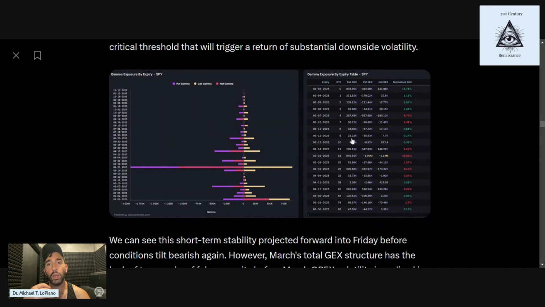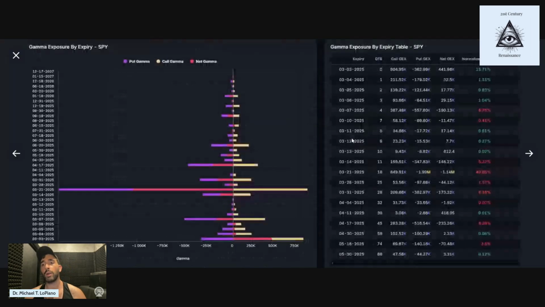But if we look farther out, at our accumulation of call gamma and put gamma and the balance between those two in upcoming expiries in SPY, we can see that short term is looking good going into today. Normalized GEX is very call skewed, but softens in the sense that it gets neutral right now for our daily expiries on the 4th, the 5th, the 6th. It gets a little bit more put heavy on the 7th. Maybe we do see a little bit more stability heading through this week, maybe into next week, depending on how traders play this intra week.